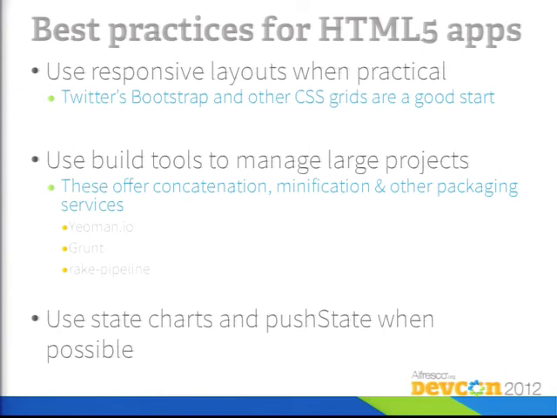I do recommend that you use state charts, and HTML5 based browsers nowadays give you the ability to push events, basically, or push state into the browser history bar, or the address bar, and the API itself is called push state. And doing that allows you to have human-readable URLs, even though you're not actually fetching real web pages, right? And with that, you can then bookmark the app. You can bookmark a specific view within the app, and that can be a very valuable feature.